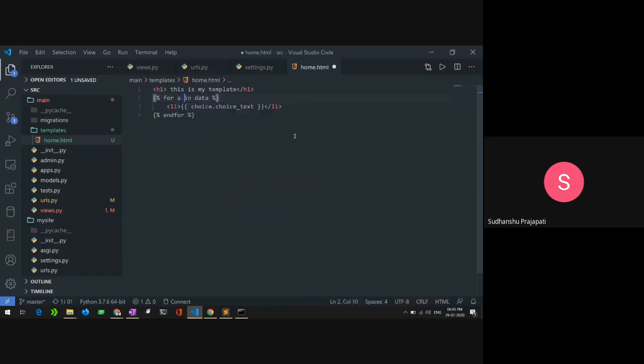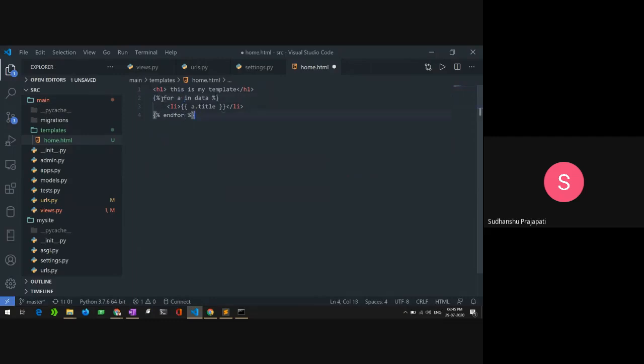I gave it as a, and you can work here similarly to how you work in Python, a dot title. And you have to include the end here too. After you create a loop, you also have to end it.